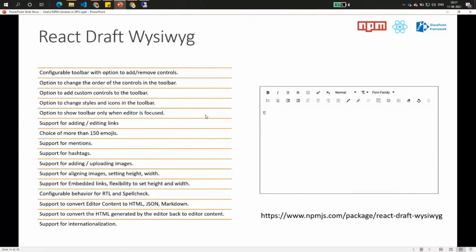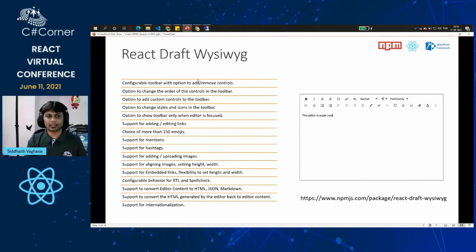Moving ahead, next, React Draft, what you see is what you get editor. Now as a web developer, or in business applications, we might have seen there would be many requirements where we need a similar kind of HTML editor as part of our solution, right? Now there are many available. Why I want to highlight this is because this is React based. It means it is easily available for React developers, also easily customizable, and it supports all the TypeScript based customization which we want to do.